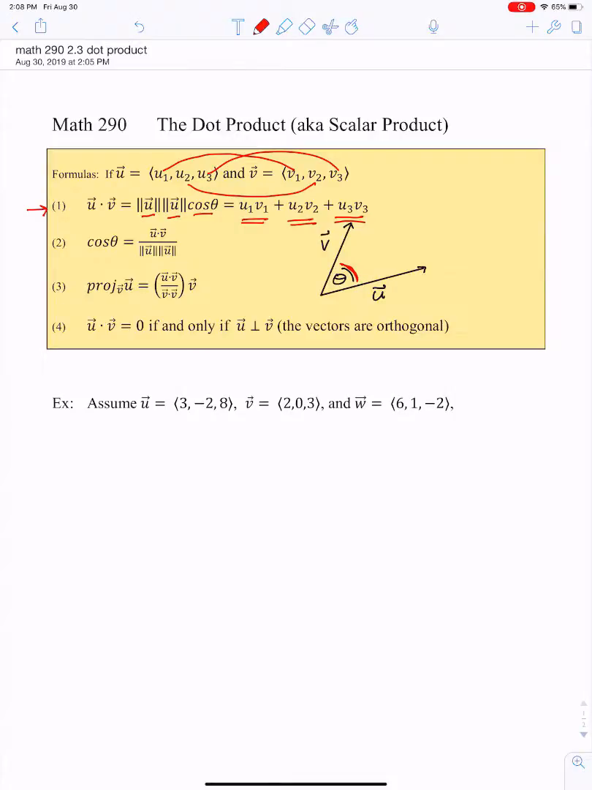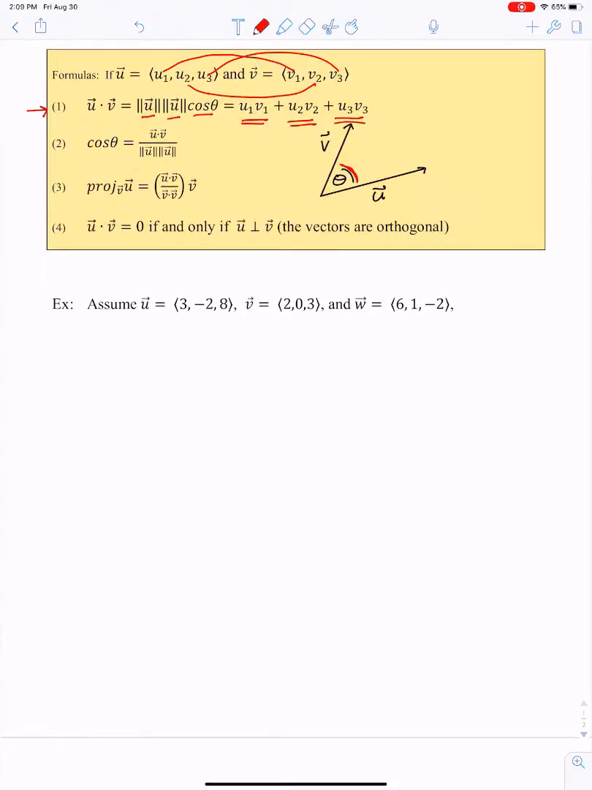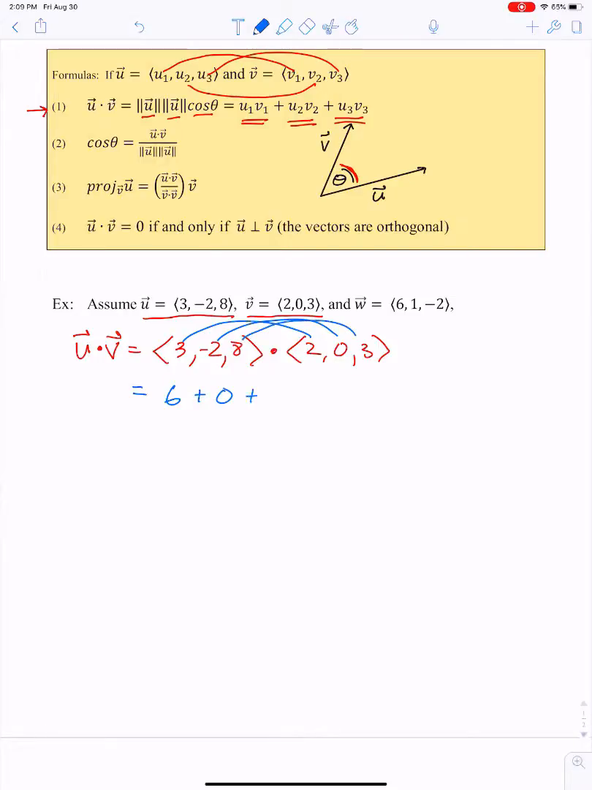The second and third and fourth formulas we'll go to in a little bit. Okay, so if I'm given some three vectors, so for example, u is the vector 3, -2, 8, and v is the vector 2, 0, 3, if I wanted to find u dot v, I'm just going to use the method that we just discussed. So I will multiply the 3 times the 2, which is 6, plus -2 times 0, which is 0, plus 8 times 3, which is 24,